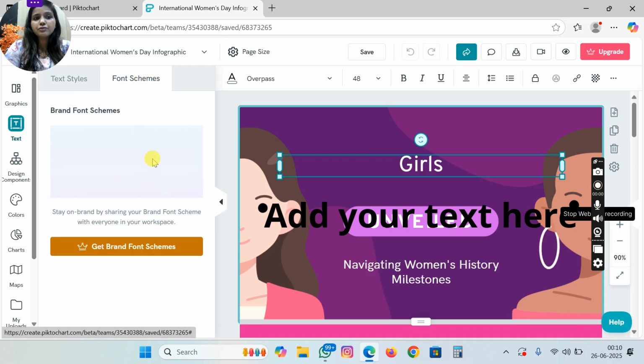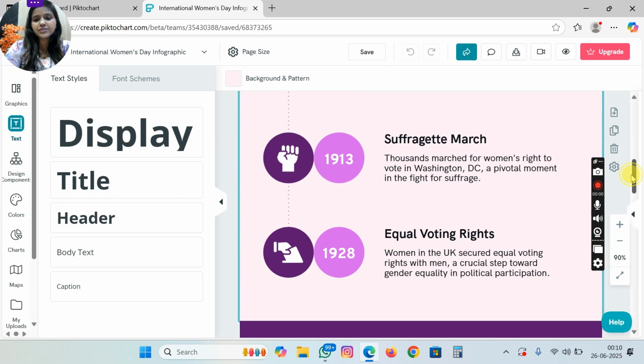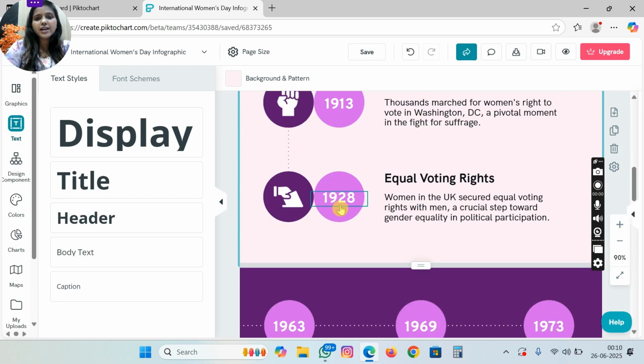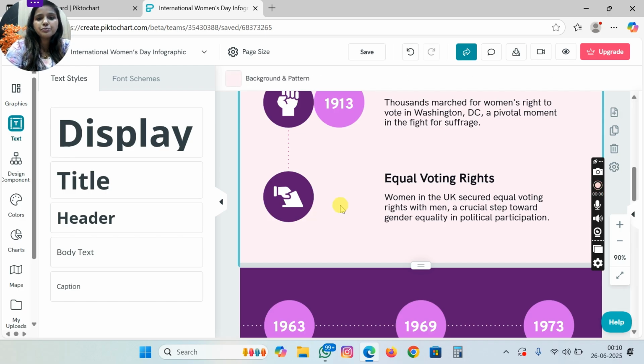You can change its font style or whatever things you want to change. In the same way, various texts are there, and you can make changes. If you don't want any part, just click on that and press the delete key. Like I don't want this circle, just select it and press the delete key from your keyboard.